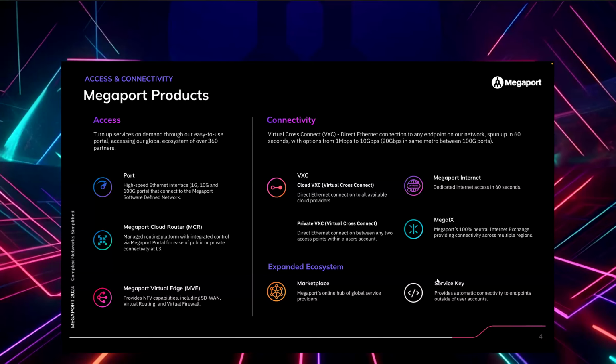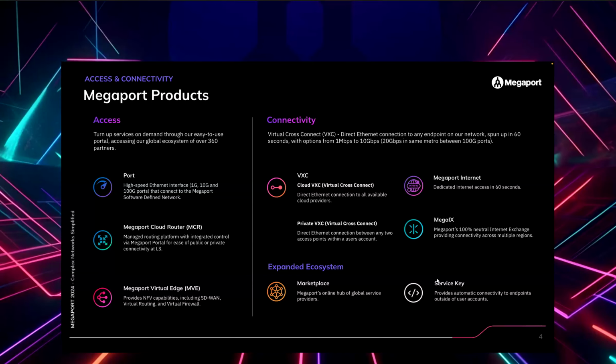The marketplace is an ecosystem of partners like Wasabi, like Cloudflare, like RingCentral, who are also Megaport customers, and they allow their customers to connect to us and vice versa through a service key. And that's what is next to that on the bottom. Megaport Internet is available across the world, and it's something that could be stood up in minutes. We see it as a primary connection. We use it off of an MVE. We also see customers use it maybe for guest access at a prem, et cetera, and I'll show you that. And then Mega IX is our internet exchange product that we have worldwide as well.